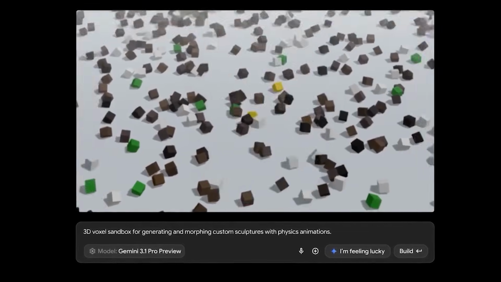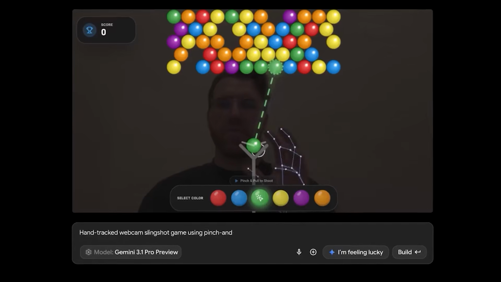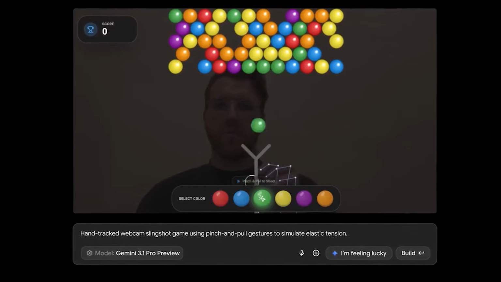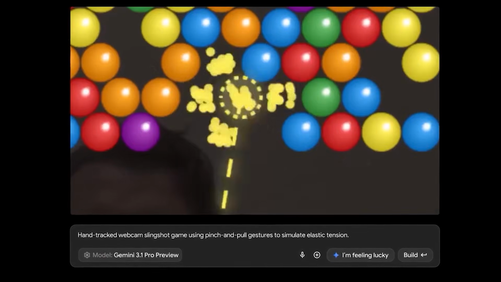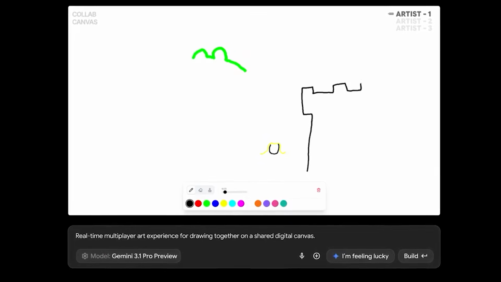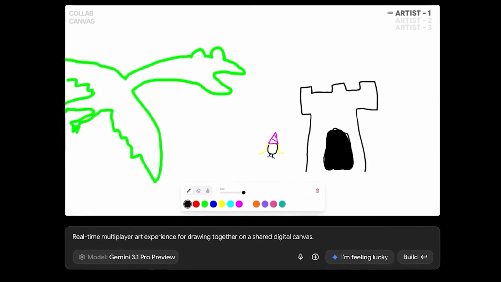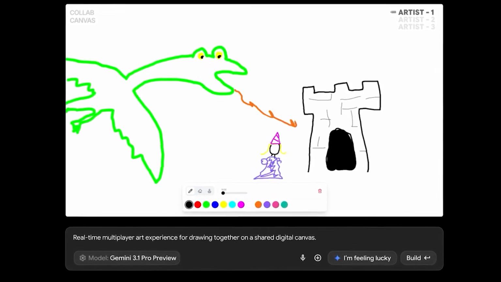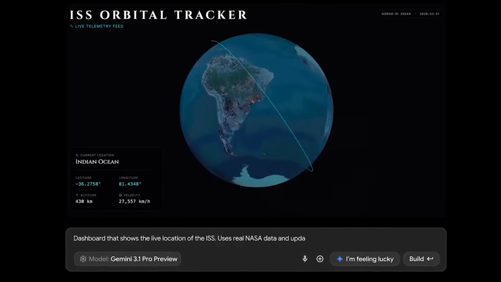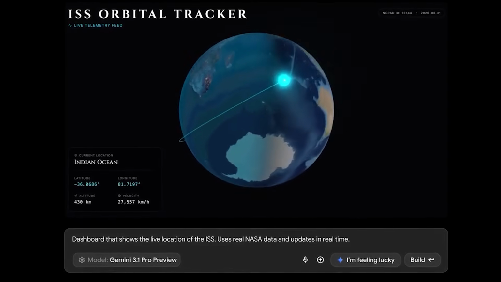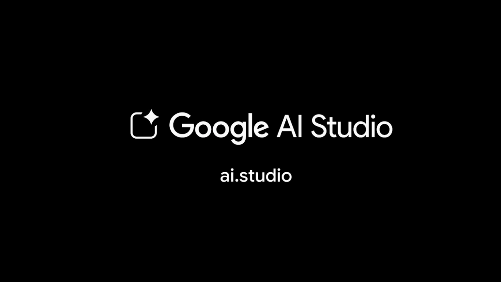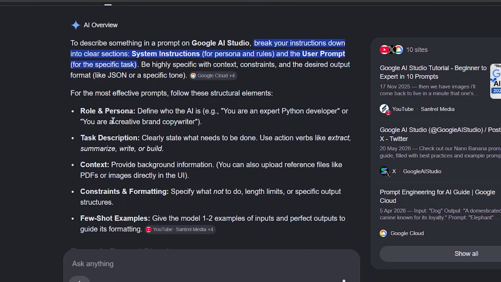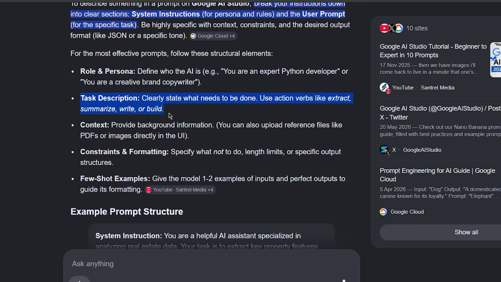And honestly, step back for a second and look at what this actually represents. A year ago, if you couldn't code and you couldn't design, building something that actually looked professional was basically out of reach for you. Now, both of those barriers are getting knocked down by the same tool in the same afternoon for free. That's not a small update. That's Google quietly removing one of the last real excuses people had for not building the thing they've been sitting on for months. New features like this are dropping out of Google almost every single week right now,